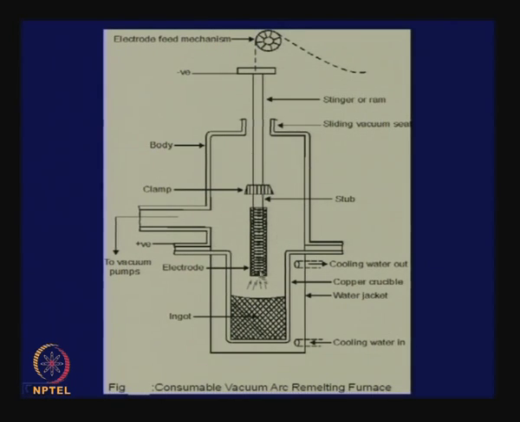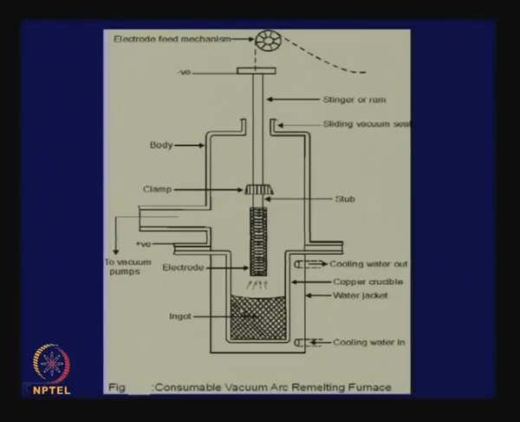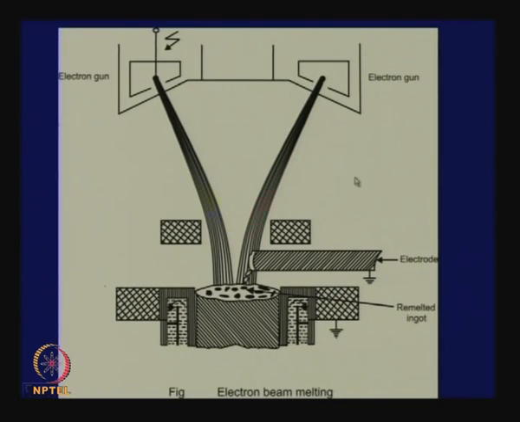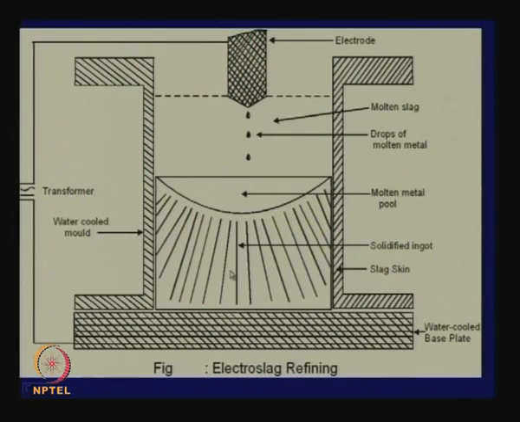We have an arc electrode. This is the ingot, and we create an arc, and by vacuum we can remove many things at high temperatures that are here as impurities. So, the solid mass remains, and impurities are taken out at very high temperatures by vacuum arc melting. The electron beam melting device is for consolidation of the metal. Electroslag melting is also a very interesting device for removing impurities from